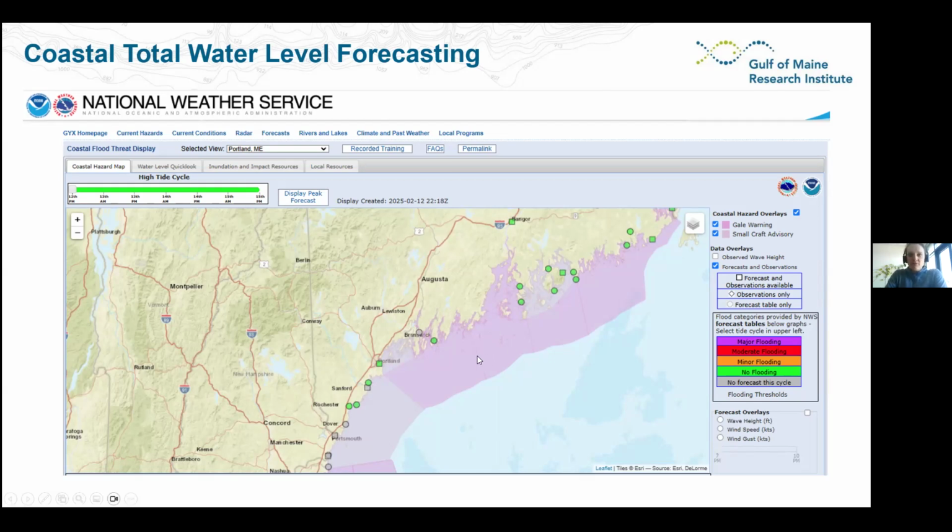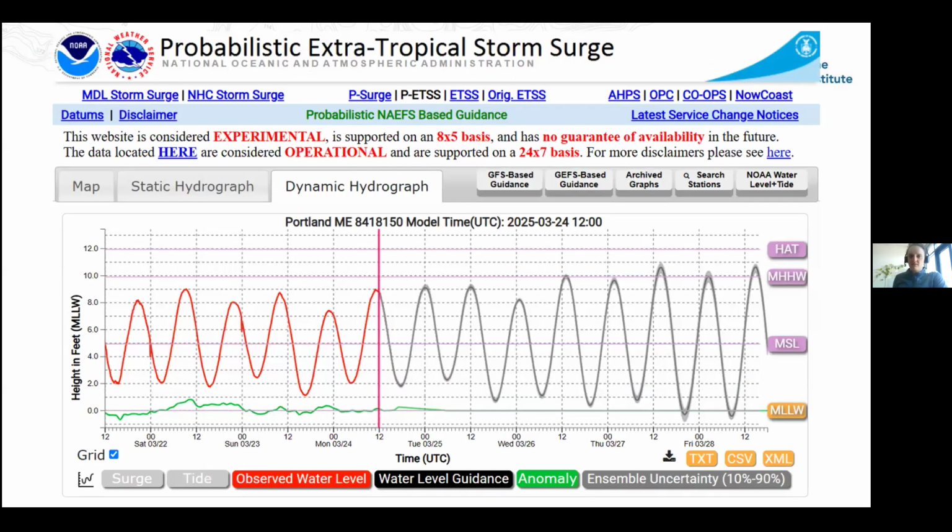So they put out forecast points in areas where they know the area really well, or where they know there's something really vulnerable, or where there is a tide gauge to manually bias correct the forecast. To dive into what that means, here's one of the handful of model ensembles that the National Weather Service in Gray, Maine uses for flood forecasting. The red line is showing observed water level at the Portland tide gauge. The gray is showing what's forecasted.